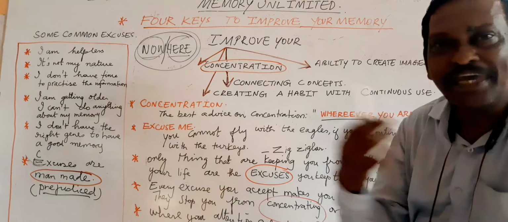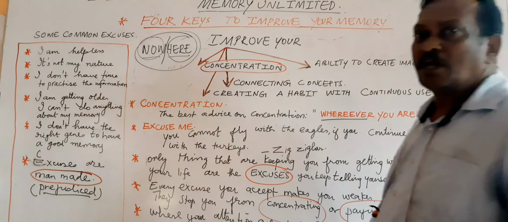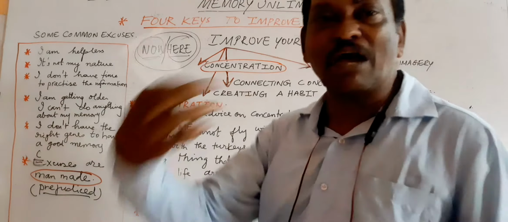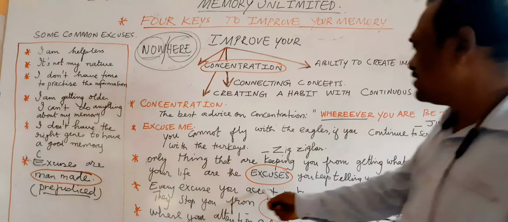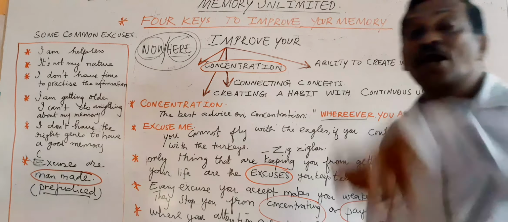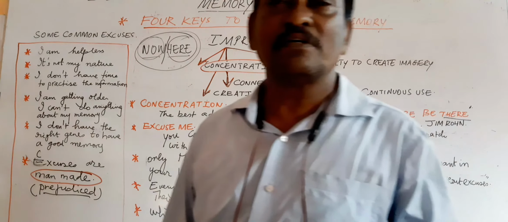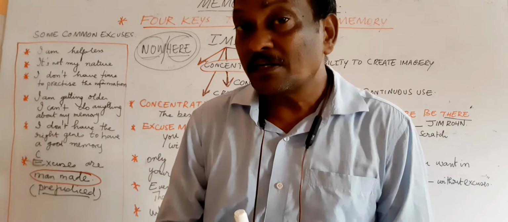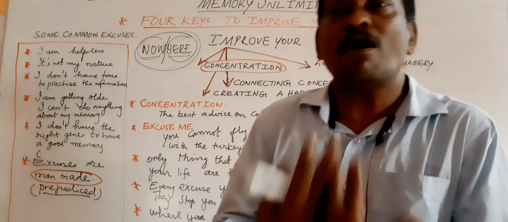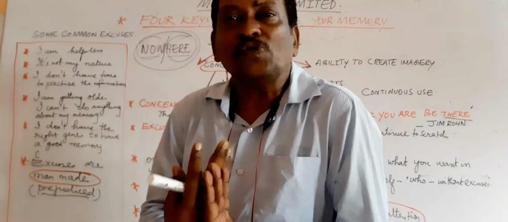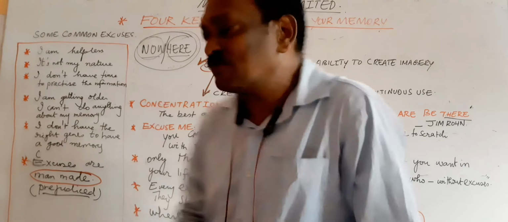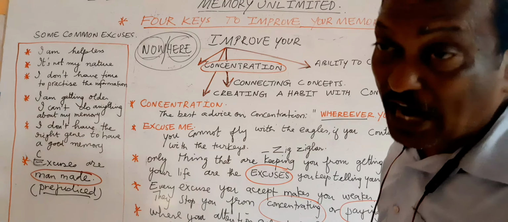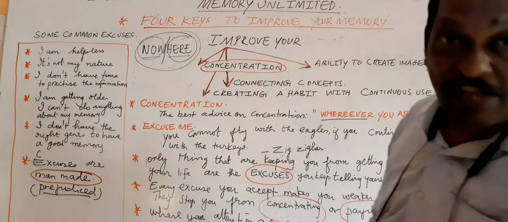But once you start accepting excuses, once you start blaming yourself, once you start ending up with a blame game, then remember that you become weaker. And the word weaker means not physically weak, but mentally weak, or weak in your spirit. You are weak in your inner self. And once you become weaker, it is difficult for you to make a fresh start. It may take a long time.